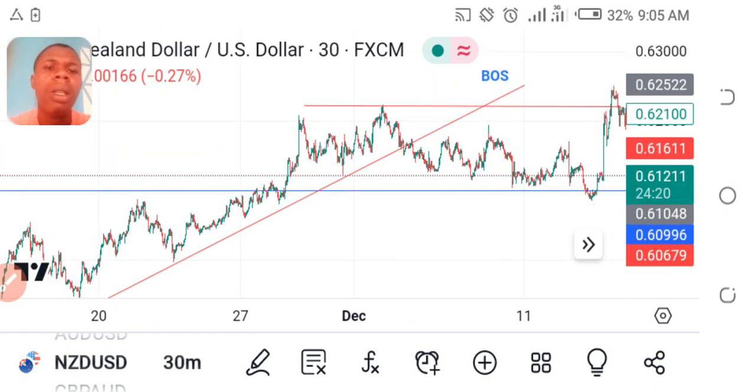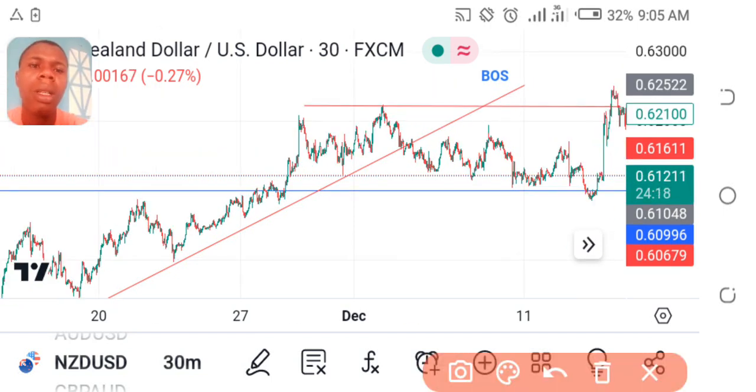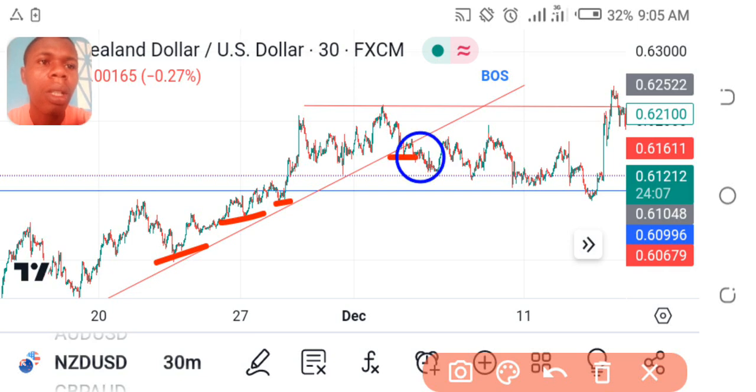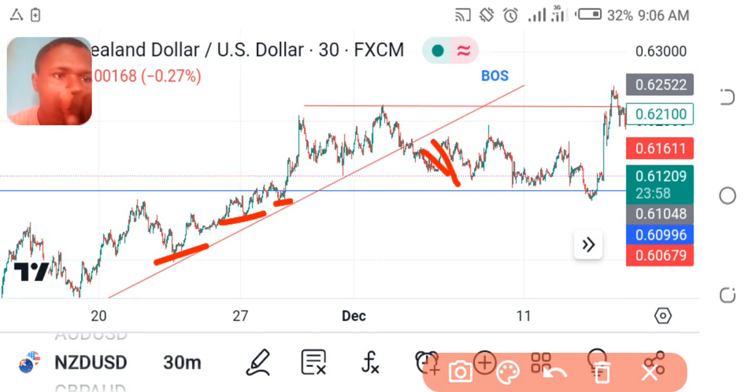Okay, this is it. So what we have here is this sync point, sync point, sync point. Some folks might be buying here in 30 minutes. It's cool with you, but whenever I place a trade in the 4 hours, I don't like to come back to the 30 minutes to look for opportunity. So immediately there was a break, this is telling me that the market wants to go back to a major swing point in 4 hours, which is this. You may not see this opportunity here, but if you go back to the 4 hours here, we checked out from